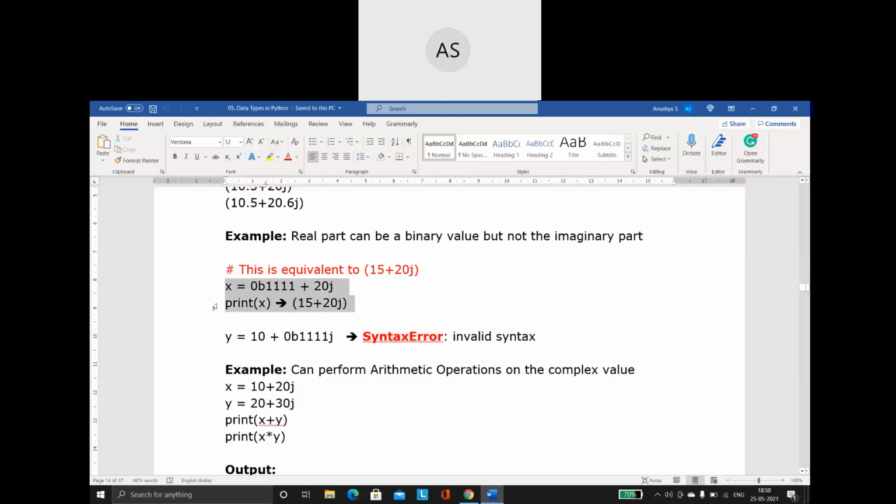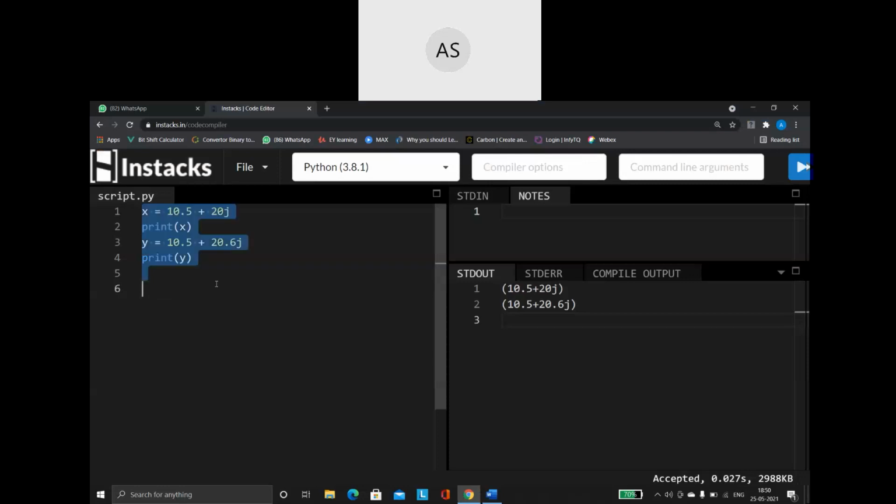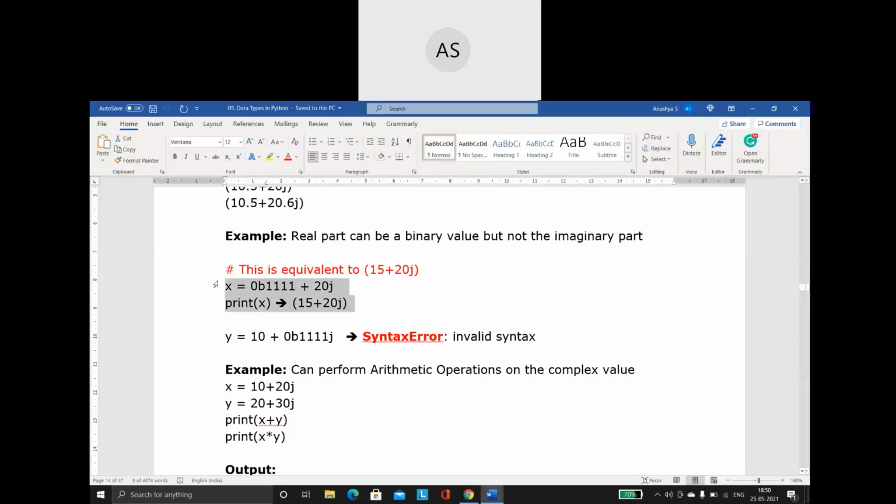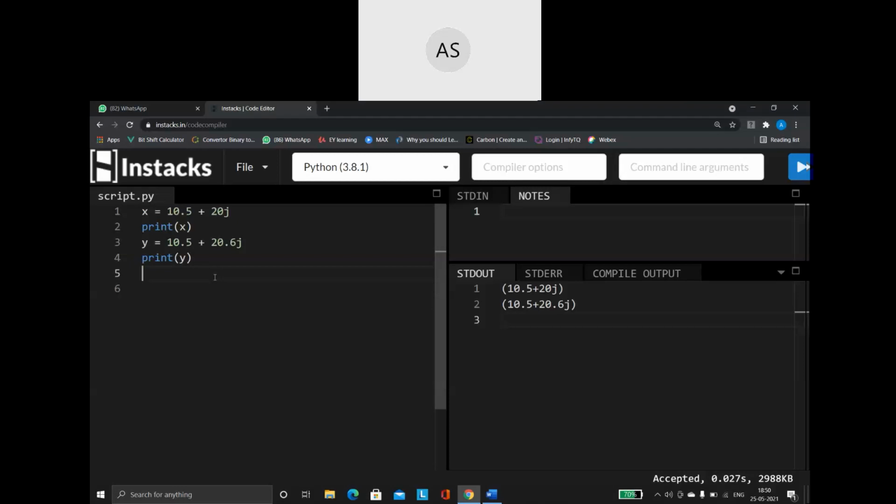Say for example, let me just run this. This is going to be my output. Okay, let me run this code. See what output you're getting? 15 is coming in place of the real number.